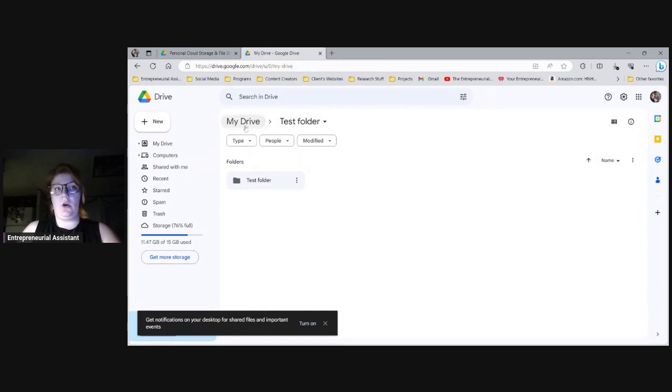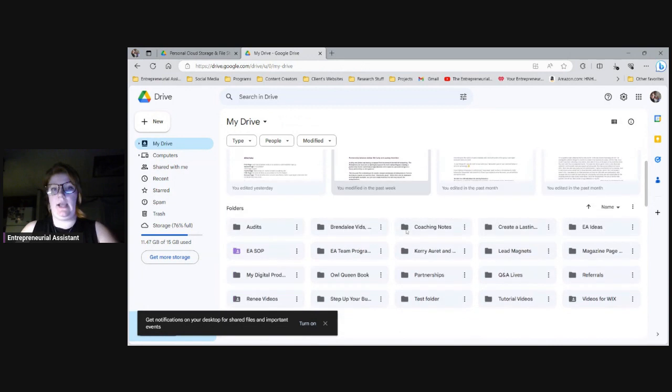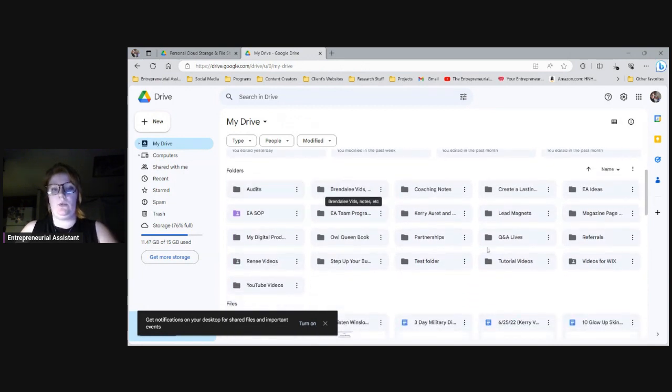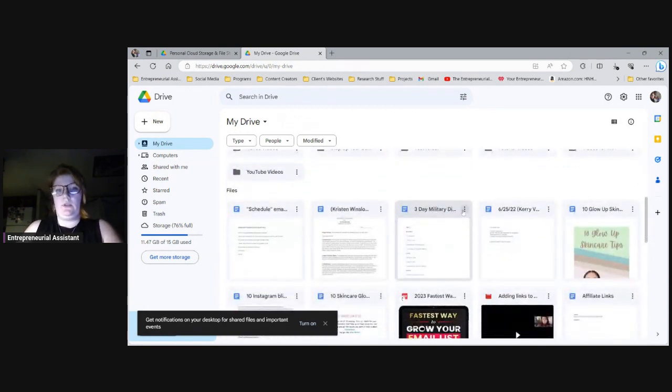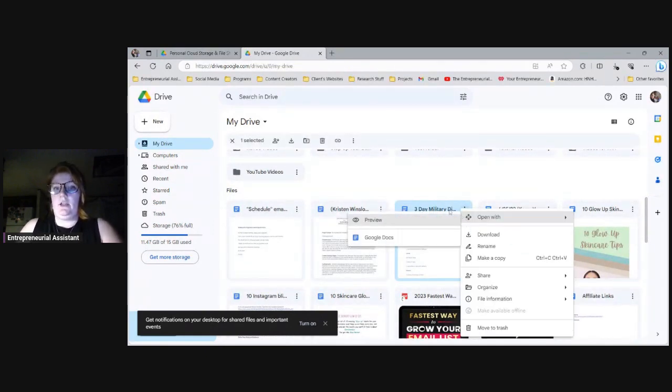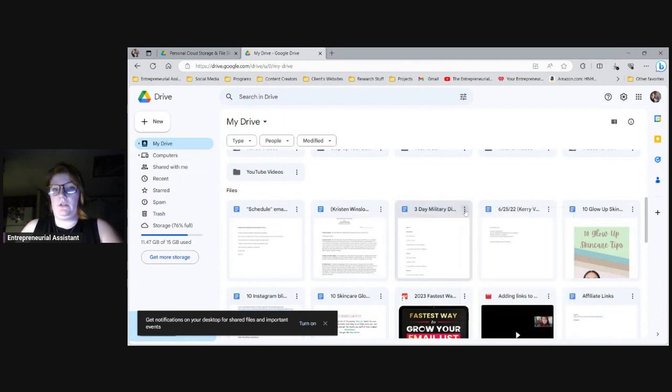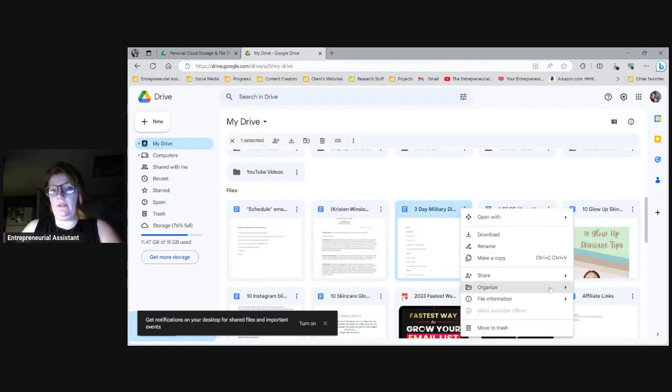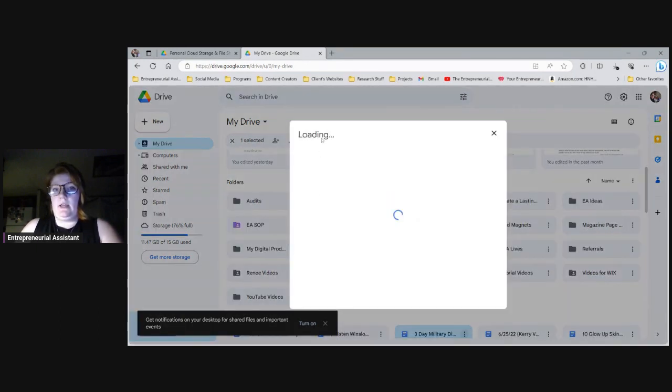So let's say you are now struggling with, you need to have something inside one of these folders. Let's say I'm doing this military diet plan. I do follow this occasionally. I could simply press the little 3 dots. I can then go down and hover over Organize. You could either add it to a shortcut, which will end up being put in here, or you can move it. You could start to, which will go put it in the start items, or you can move it and it will end up